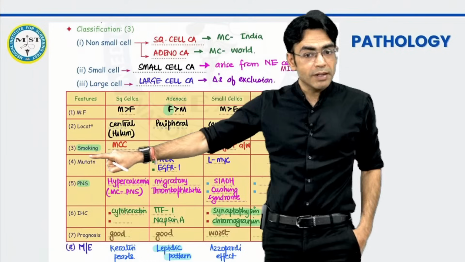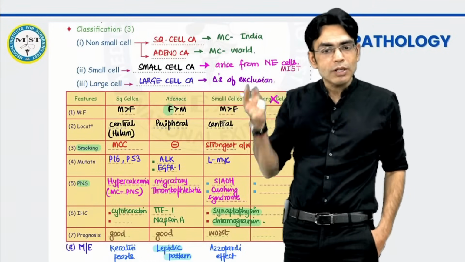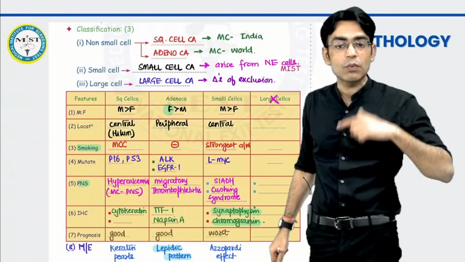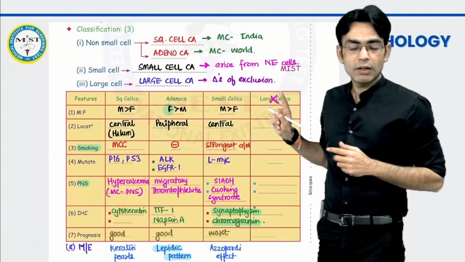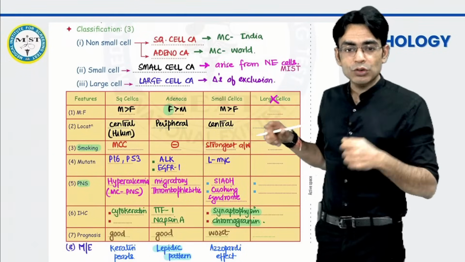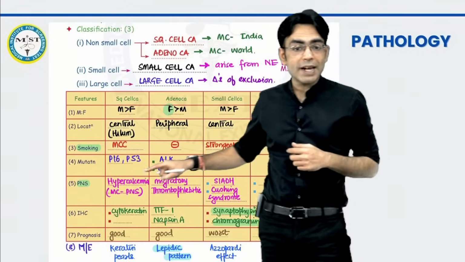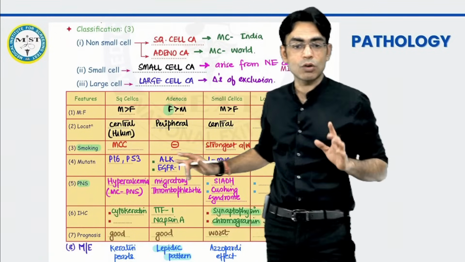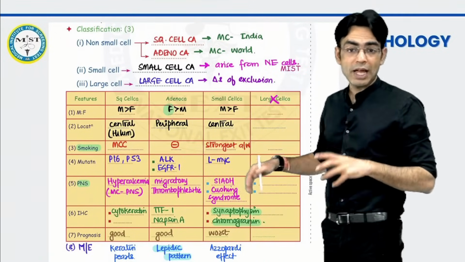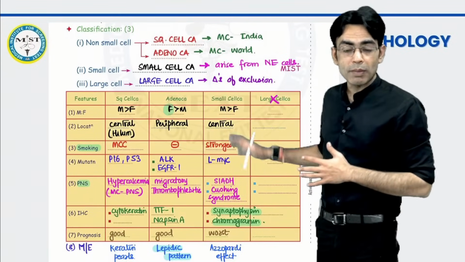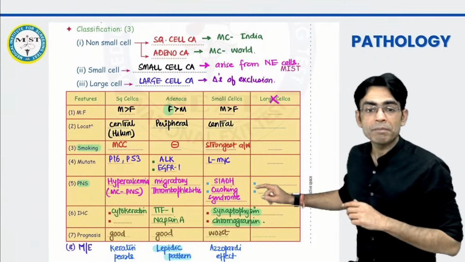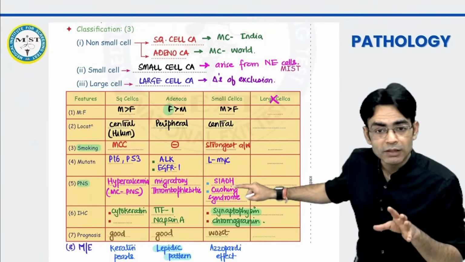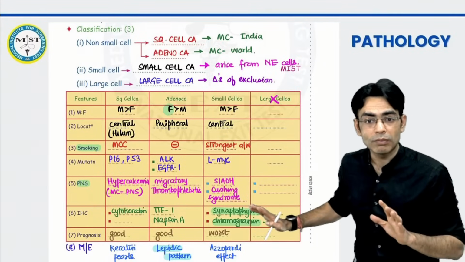देन स्मोकिंग, वेरी इंपॉर्टेंट. स्क्वैमस सेल कार्सिनोमा, मोस्ट कॉमन कॉज इज स्मोकिंग, बट द कैंसर विच इज मोर कॉमनली और स्ट्रांगली एसोसिएटेड विद स्मोकिंग इज स्मॉल सेल. पैरानियोप्लास्टिक सिंड्रोम, strong association, small cell. What is the paraneoplastic syndrome which I am seeing with squamous cell carcinoma? This is your hypercalcemia. This is the most common paraneoplastic syndrome. I hope you have also highlighted this in your workbooks, and people who are not in MIST, please be very sure about seeing this when you go before the exam. Then what is the paraneoplastic syndrome which we are seeing in the small cell carcinoma? This is your SIADH and Cushing syndrome.